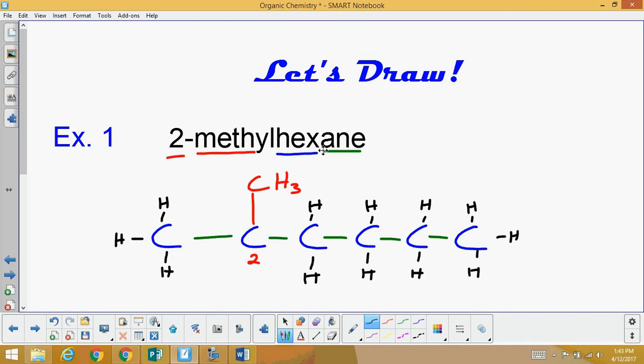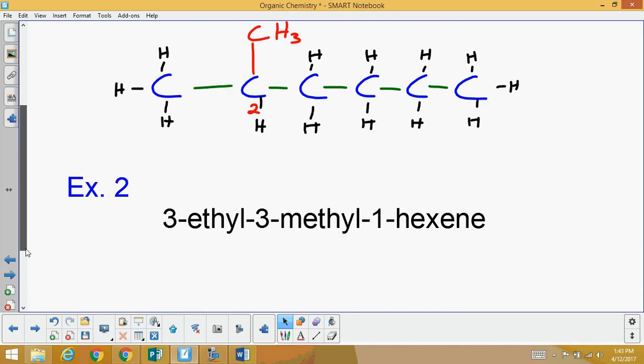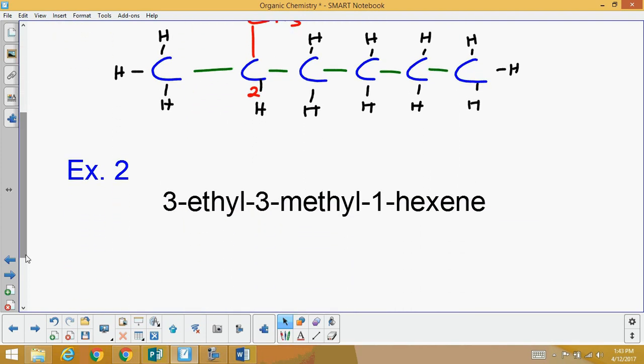So this is the drawing out. Almost forgot one. This is the drawing out of 2-methylhexane. Single bond, 2-methyl, 6 carbons, and all single bonds. So number 2, it's a little bit bigger. So this is considered